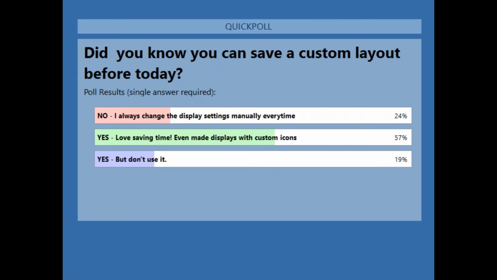But looks like a lot of people are using layouts and even made custom icons. I don't know if they made a Paul McCartney custom icon, but for best practice, I would probably choose something that I own the copyright information to. But yeah, makes it a little bit more fun.